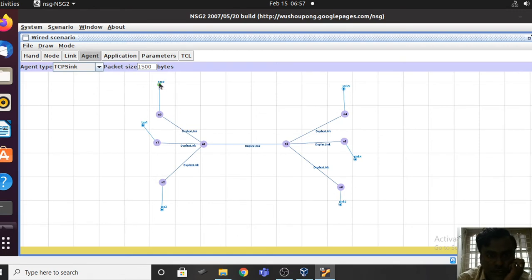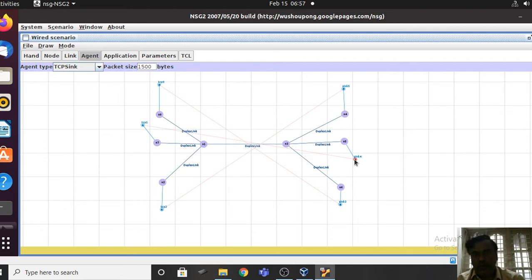First you have to establish a link between this and this, and then I wanted to transfer data from node N2 to N4, therefore I have to establish a link between this node and this, and then I wanted to transfer data from this node, that is N7, to N5.